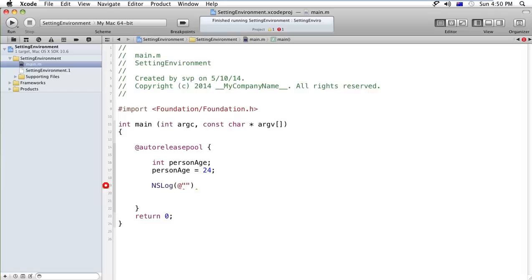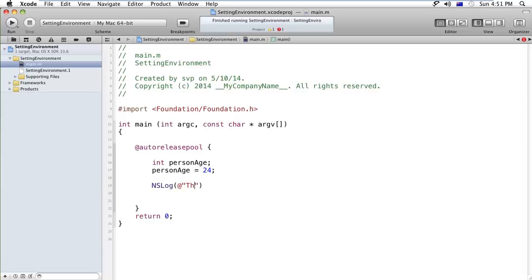Here you have to use the @ sign before printing anything, because this is the standard from Objective-C. Objective-C says that whenever you declare or assign a string to a variable or any other object, you have to specify the @ sign.